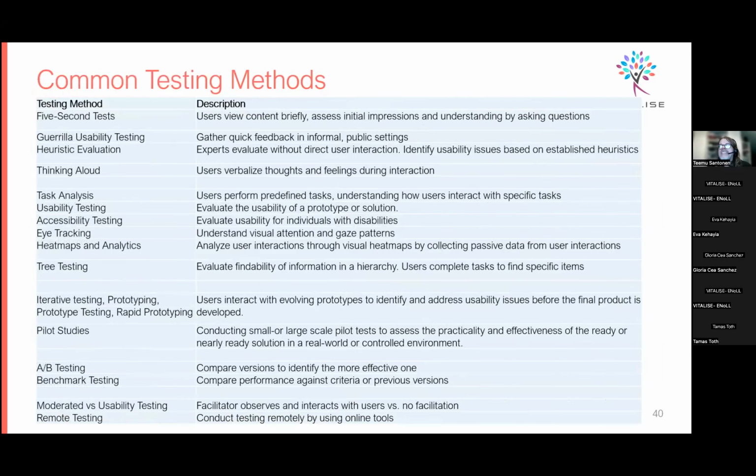And then we have a lot of different types of testing, things like the 5-second test, where you show something very briefly to the users in order to assess their initial impressions, and then you ask a few questions. Or qualitative usability testing: when you have a very early phase solution, you just go to the shopping mall and ask whoever comes over there, what do you think about this? You have heuristic evaluations, where experts are evaluating without direct real user interactions, based on these kinds of